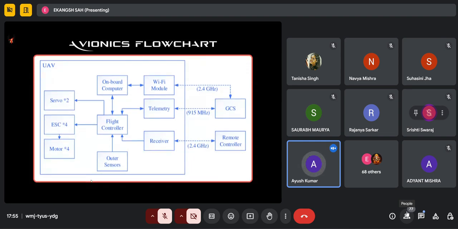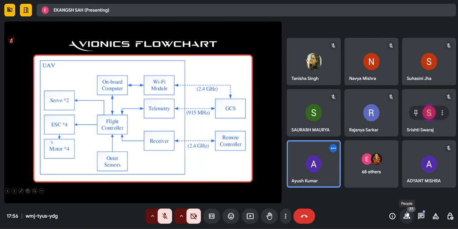This is a simple flow chart which represents the connection between different electronic components. It starts with a remote controller which sends commands at a radio frequency of 2.4 GHz to the receiver. This 2.4 GHz frequency is chosen as it offers low latency, that is, the time gap between the user's activity and the system response is low. Now the command received by the receiver is sent to the flight controller. It processes the inputs and gives a set of instructions which is followed by the servos, ESCs and